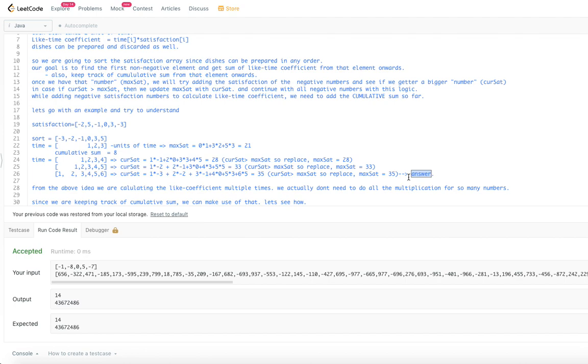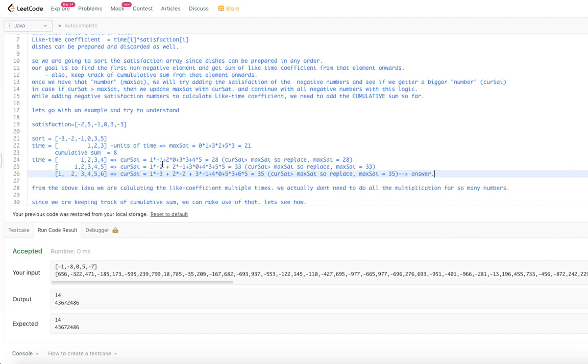So this is what we are going to use as the idea. If you closely observe, we have been calculating the like time coefficient. We started with 3 and these 3 are included in here, the 3 times, right? So if the array length is like 100, these three will be calculated almost 97 times, right? Which is what we will have to avoid by using the dynamic programming technique. If we use it in this way, we will be ending up with an order of n square algorithm, right? But we will have to reduce that. So let's see how we are going to reduce it by using the dynamic programming technique.